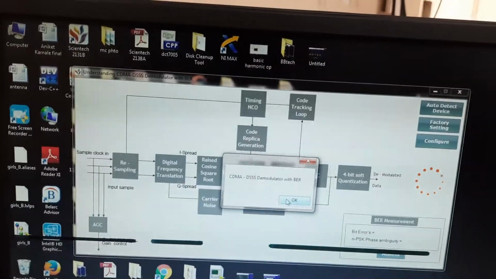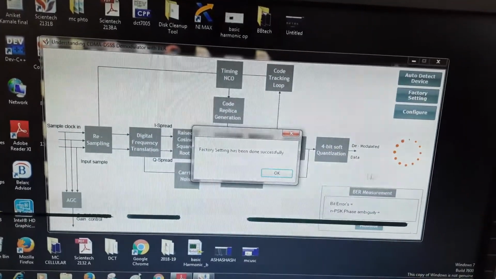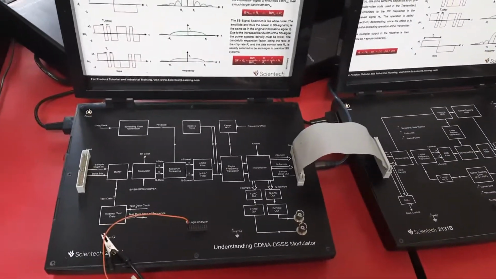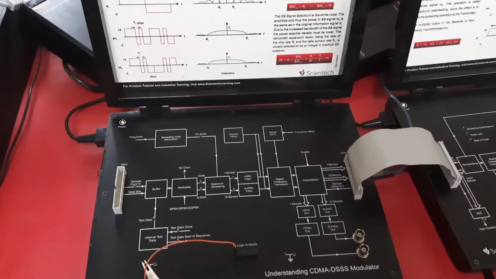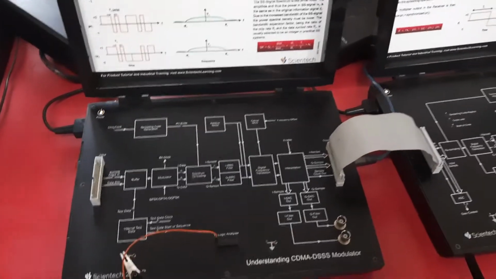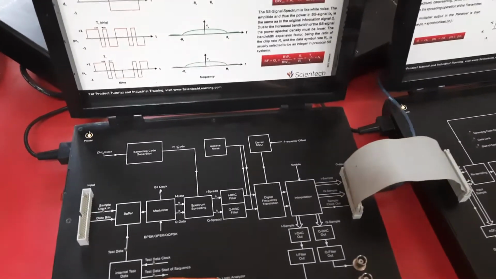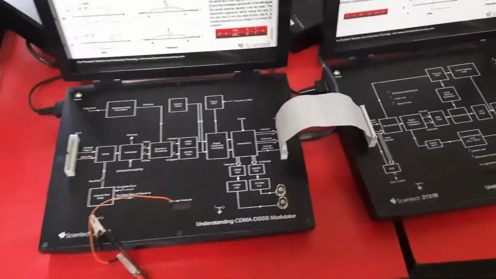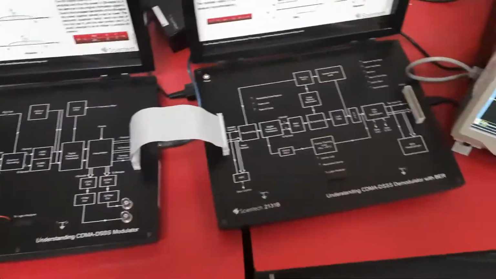Now we'll perform our first practical and observe the different waveforms. We will set the different chip rates and different bit clocks, and observe the PN sequence, the different PN code chip clock, the I and Q data, and different symbols. We have on our kit this modulator and demodulator.